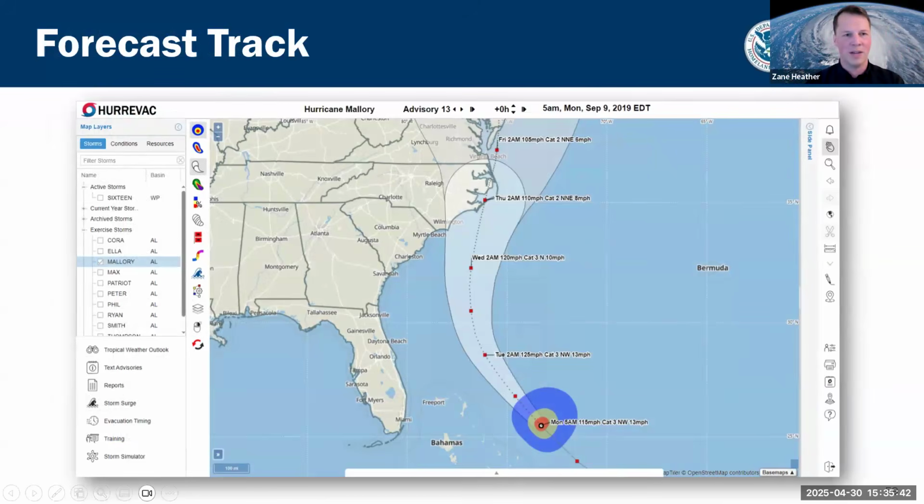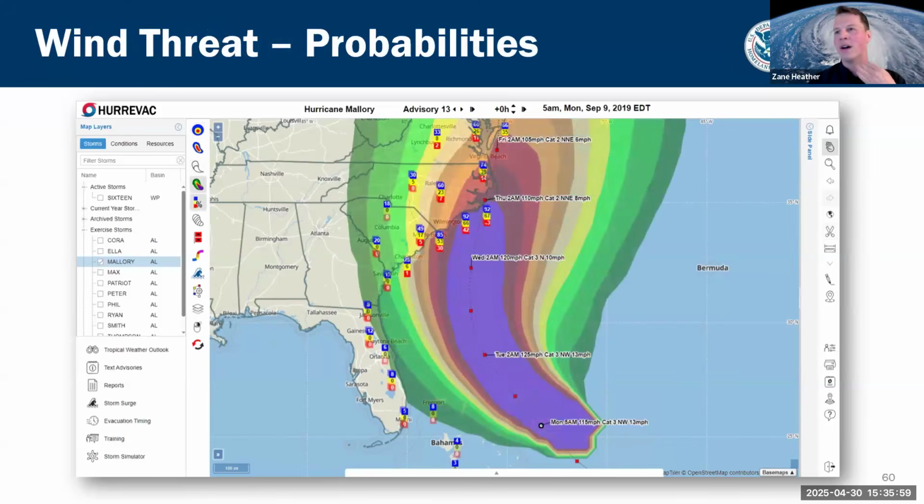In HRVAC, on the left, you've got the storm tools bar, and you can use that to access things like the forecast track. As you see here, it's the cone. As you all know, because you're experts at this point, the cone is not the best nor the only thing you should be consulting for hurricane evacuation or general hurricane protective action decision-making. There's a ton of other information and National Hurricane Center products in there to help inform that decision-making in more of a probabilistic sense. You know what this product is: the graphical wind speed probabilities.